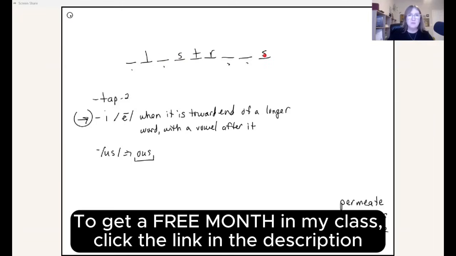Now that we have the consonants, we can spell the vowel sounds. I is a short vowel. Short vowels require 2 consonants after them. If there's not 2, make 2. I can spell its short sound right here because there already are 2 consonants after it. E toward the end of a longer word when there's a vowel after it is spelled with an I, right here. Us at the end of a word is a suffix that is spelled O-U-S. Here is illustrious, illustrious. Now, in the Q&A, spell permeate,